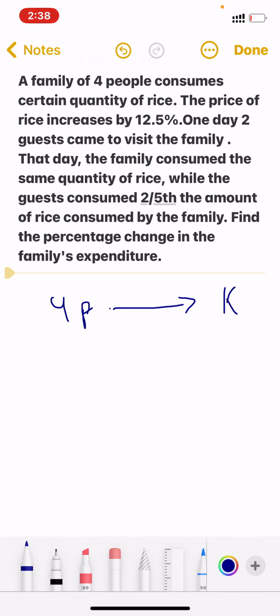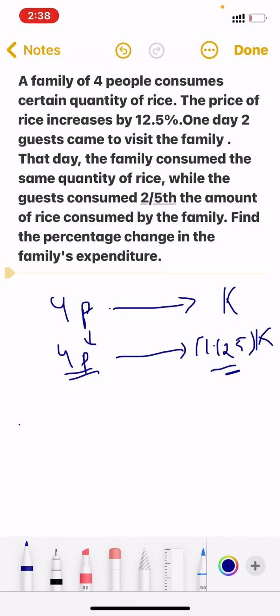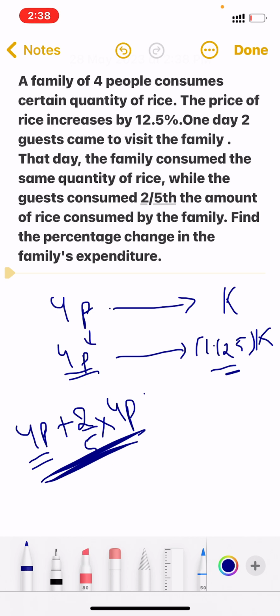So effectively the new price will be 1.125k for the same amount, 4p only. That day, two guests came to visit the family. That day the family consumed the same quantity of rice, so the family will consume 4p only, while the guests consumed 2/5 of the amount of rice consumed by the family. So the guests will consume 2/5 of 4p. This much the guests will consume. So this will be the total amount of